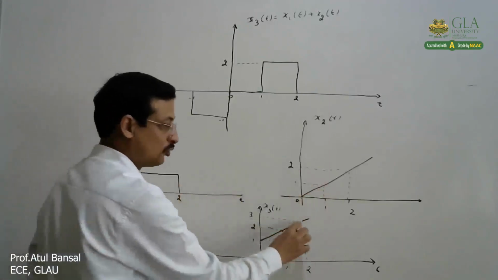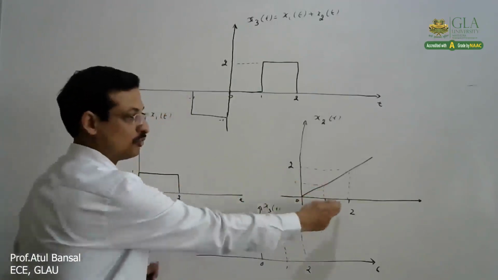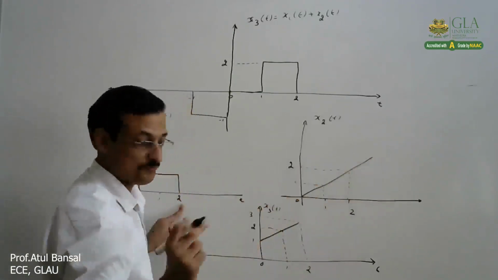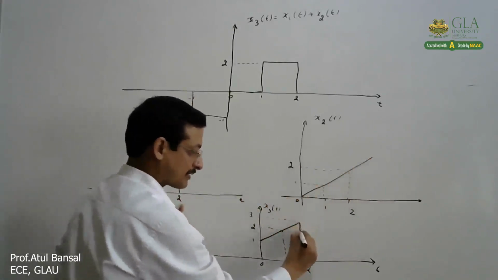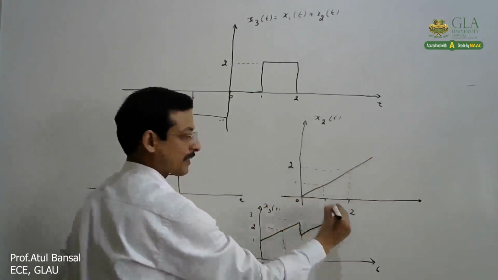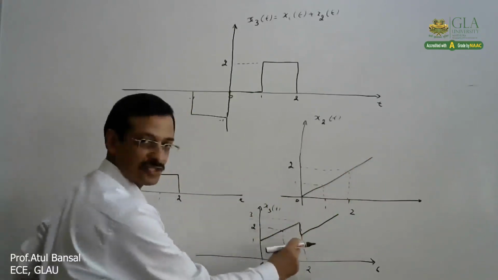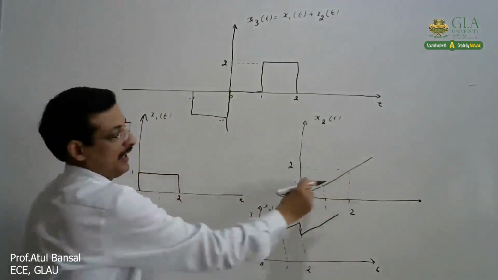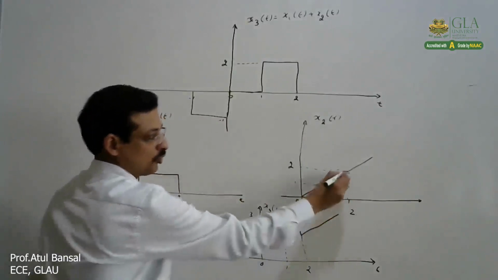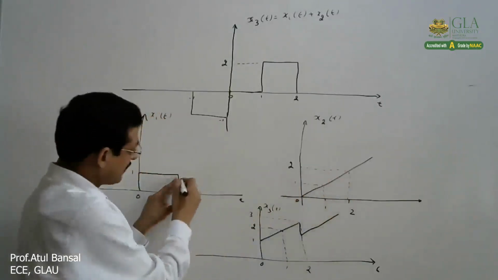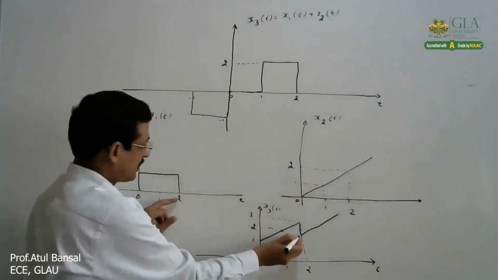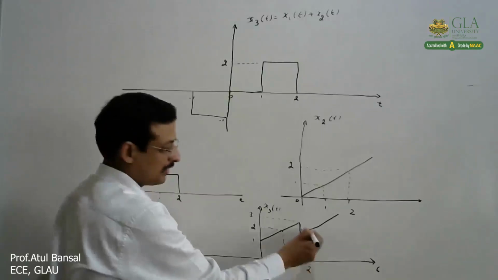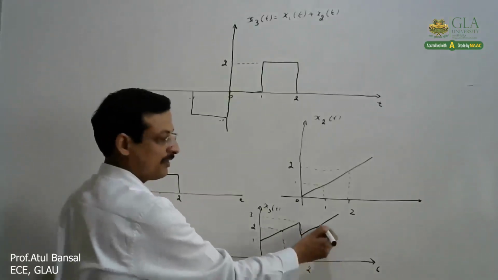But here, after 2, what will happen? After 2, we will add only 0. So it will look like this. Because at 2, two values are coming because of the transition of this 1 to 0. So at one point we are getting 2 plus 1, 3, and at the same time it is changing to 2 plus 0, 2. It will come back at 2, and after that, because it will see 2.1, it will be 2.1. If you see 3, it will be again 3.